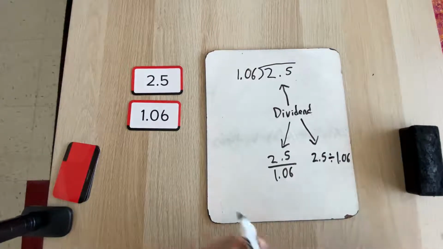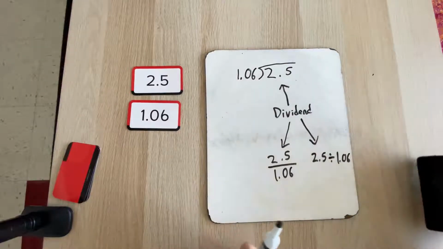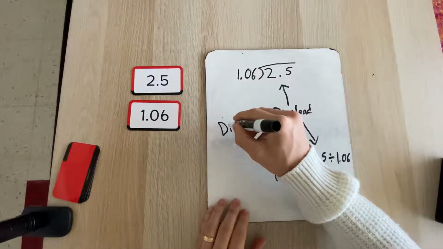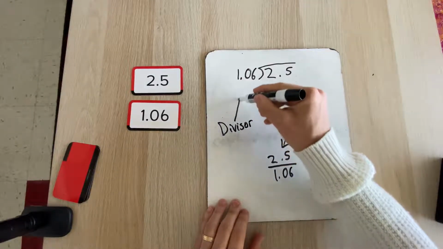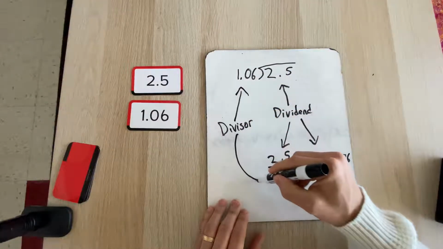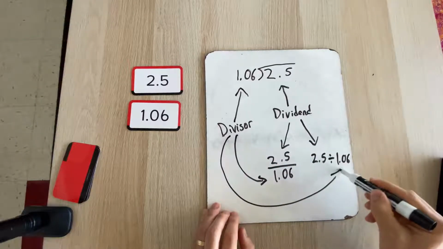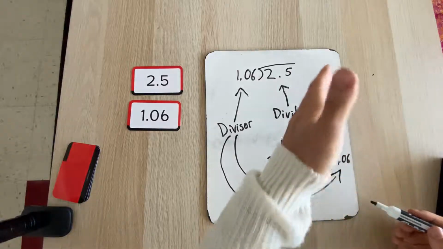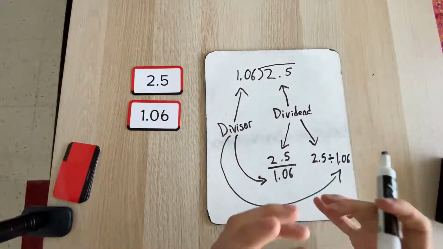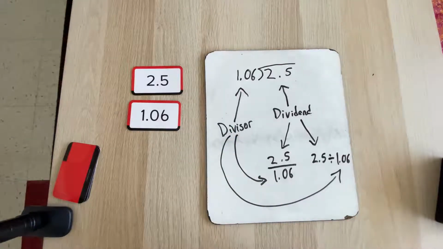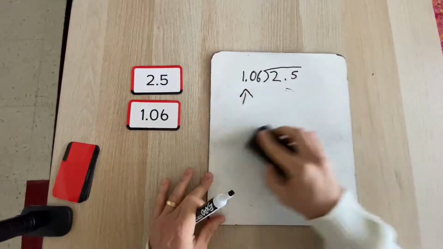All right, so if that's our dividend, what is the divisor? Well, the divisor, the other term we used in the division problem, is what we call the outside number, or our denominator, or the number that we are dividing our other number by. So dividend gets divided by our divisor. Okay, so let's divide this,